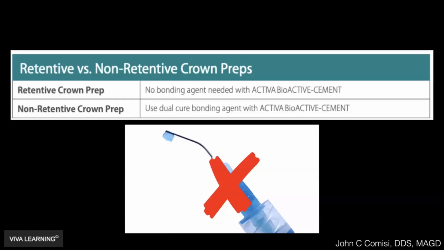And never, never, never, you don't need to use phosphoric acid on the tooth structure, because all it'll do is potentially accelerate any sensitivity, even though the active ingredients in Activa will reduce that. Don't take a chance. Don't use any acid etching materials on your crown that you're going to be cementing. It just isn't going to be necessary.